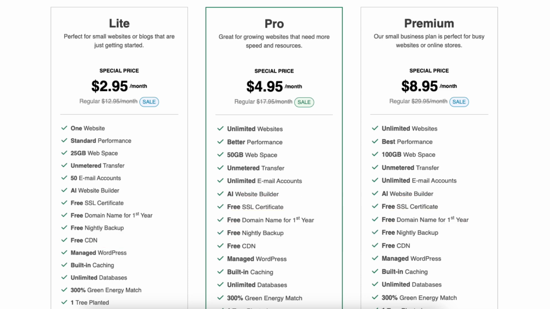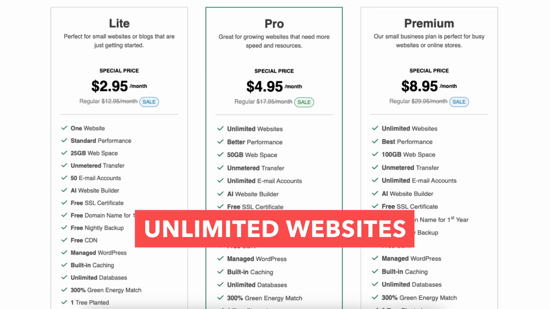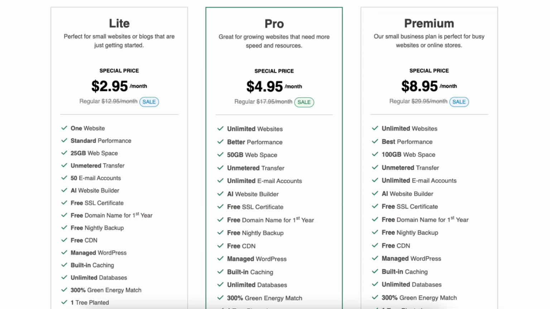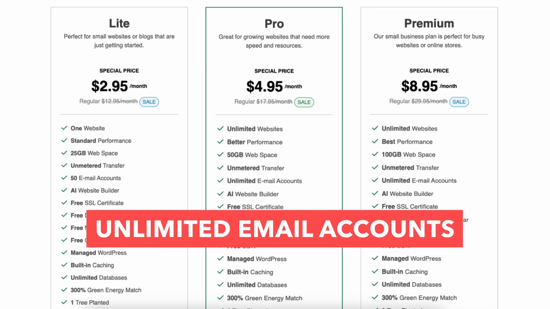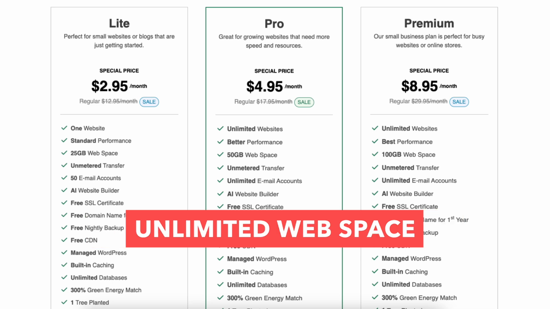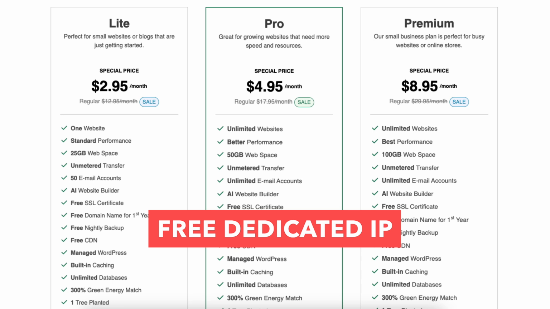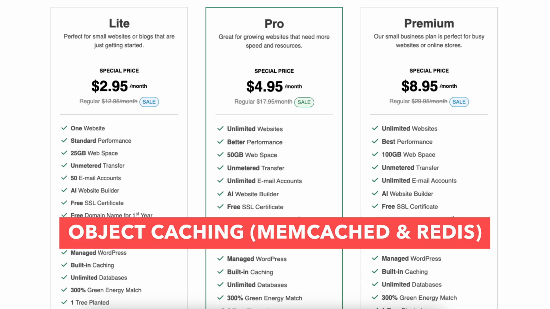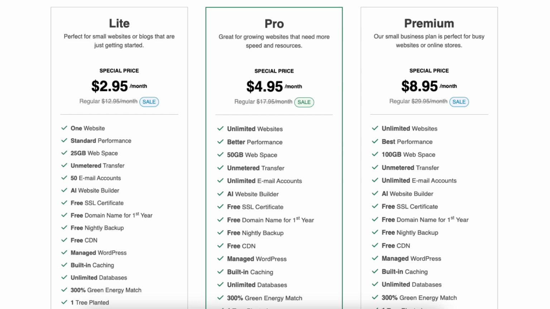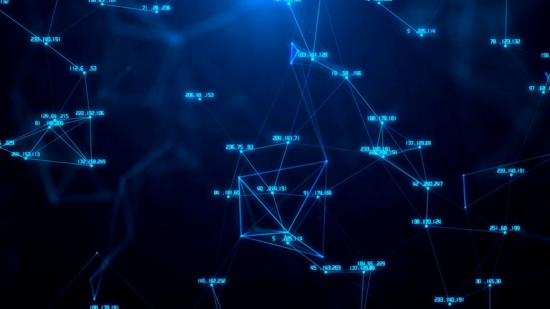The Premium plan comes with unlimited websites like the Pro plan, along with all the same features like unlimited email accounts, unlimited web space, on-demand backups, WordPress Repair Tool, free dedicated IP, free Alpha SSL and object caching, Memcache, and Redis. With the dedicated IP, instead of your site sharing the same IP address with others, you'll